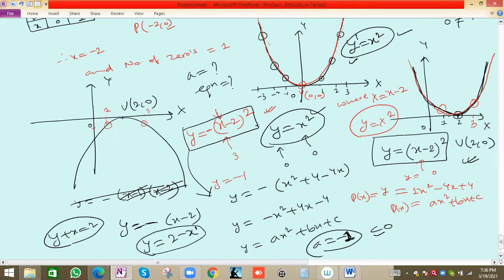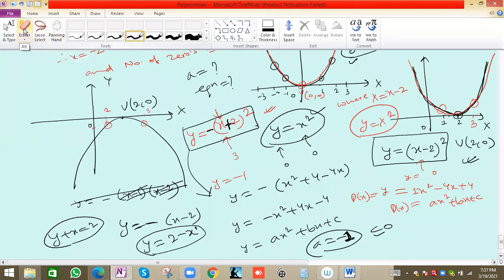Sir, I have a question. Over here, you took y equals (x minus 2) whole square. You took that because the point of intersection is away from the origin, right? 2, 0, correct. Vertex is 2, 0. Why did you take minus, since 2 is on the positive side? Minus is outside the bracket. Over here x minus 2 is on the right side. You are saying it should be plus, right? Because it's on the right side of the origin.